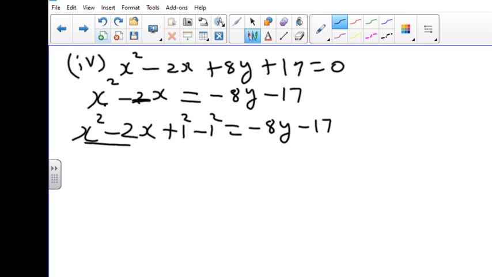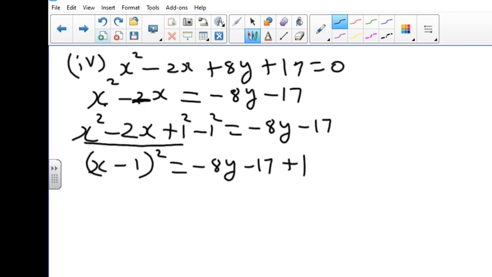Now take this: a square minus 2ab plus b square. So it can be written as x minus 1 the whole square minus 1 square, which is equal to minus 8y minus 17. So we write it as equal to minus 8y minus 17 plus 1 square, that is 1. So this gives you minus 8y minus 16. So finally we get x minus 1 the whole square is equal to